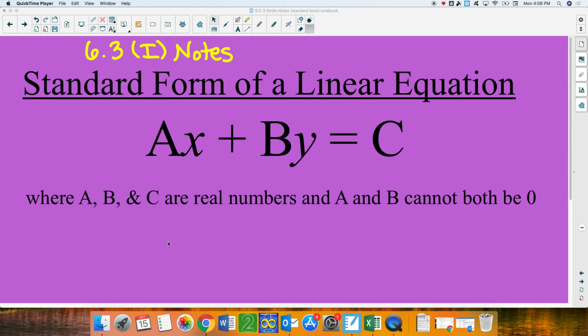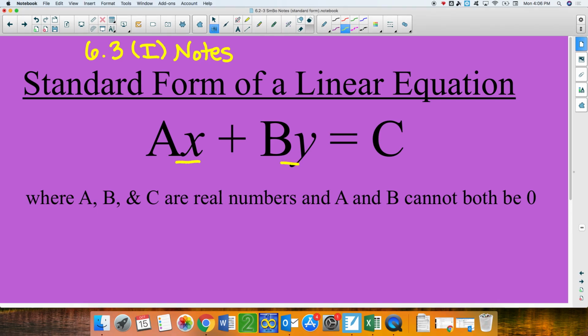6.3 Part 1 notes are going to be talking about what the standard form of a linear equation looks like. So standard form is where your x and your y are on the same side of the equal sign, okay? And then you're just going to have this constant over here, this c. So it's ax plus by equals c, where a, b, and c are real numbers, and a and b both